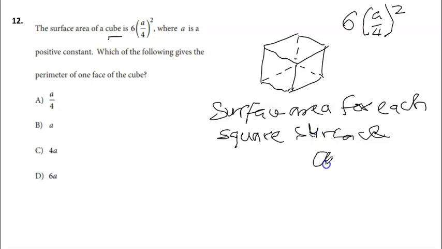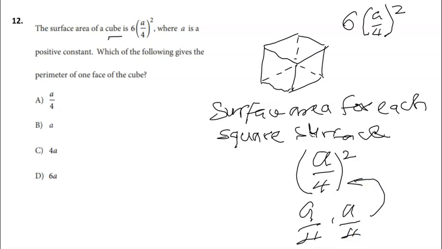It's going to be a over 4 squared. And since it's a square, and we know area of square is what? The length times the width. Length is equal to width. So it means that each side is what? A over 4, right? Because a over 4 times a over 4